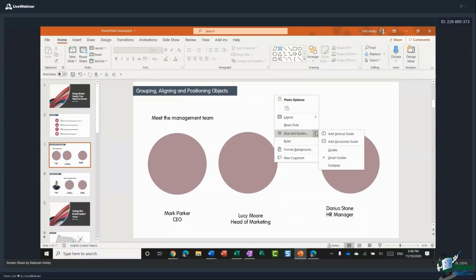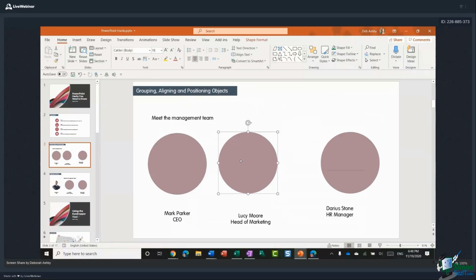And I would recommend when you're working in PowerPoint, always make sure you have Smart Guides ticked, because that's going to help you when it comes to aligning things on your slide as well. So for example, if I click on this middle circle and I pick it up, can you see as I move it, I'm getting those little guidelines, which is kind of giving me an idea of when I'm in the middle and where I am in relation to other objects in the page. So sometimes this can really help when it comes to aligning things as well. So don't forget about that, available in the right-click menu.